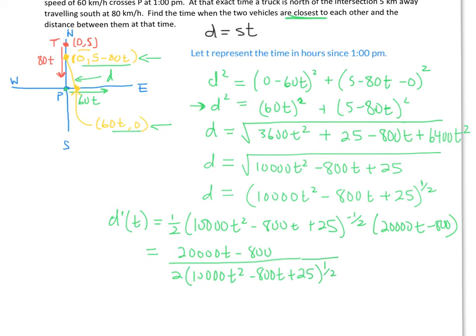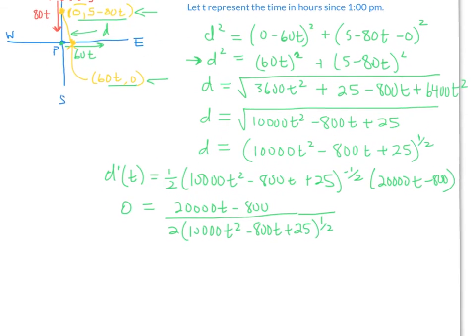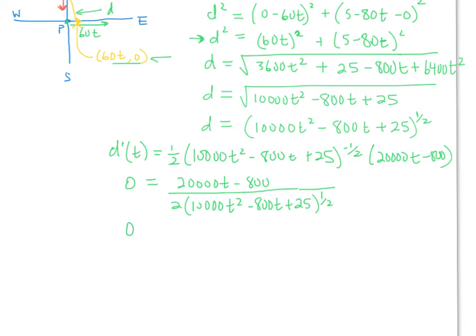All right, so for our critical numbers, we're going to set that equal to 0 and solve for t, which means that denominator is going to multiply both sides to eliminate it, and we're going to end up with just 0 equaling 20,000 t minus 800. So 800 is equal to the 20,000 t. Divide both sides by 20,000, and we're going to get t equals